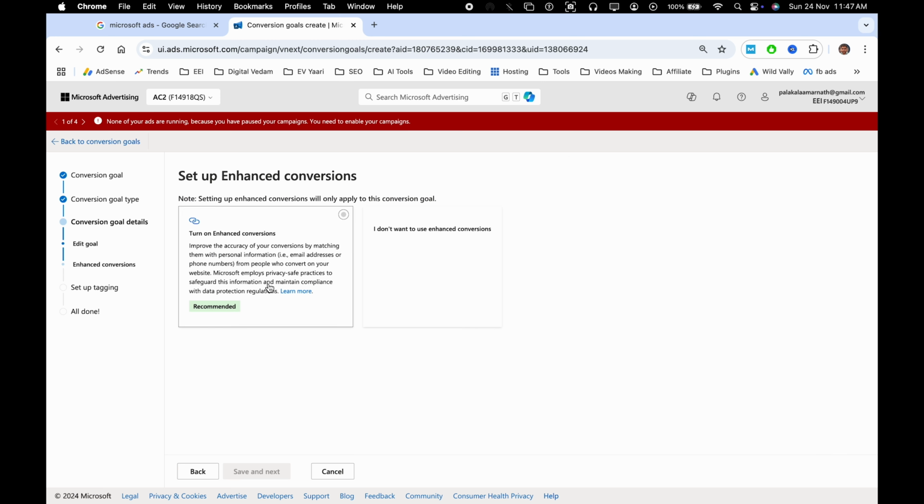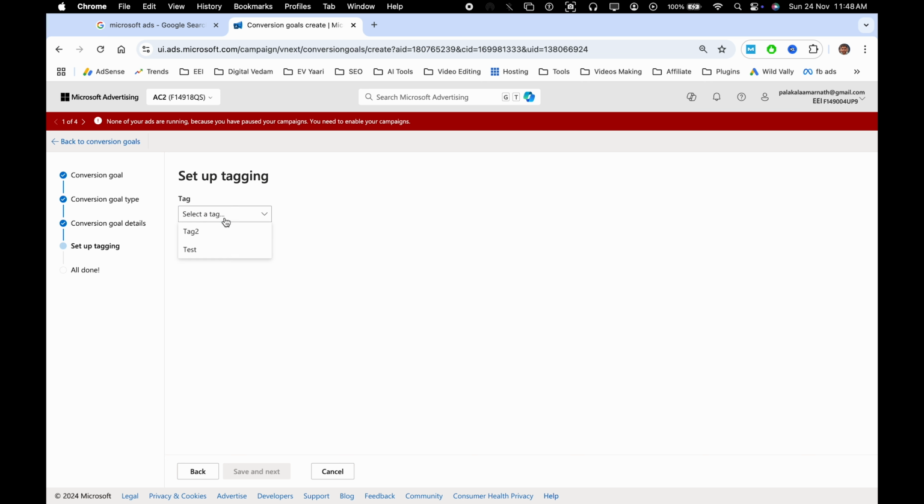Turn on enhanced conversions. Enhanced conversions are basically going to take the form submission data, from the people who submitted the form, like name, email, phone number, right? All this data is going to be passed back into Bing or Microsoft Ads. This would help report the data correctly. I advise keeping this turned on, check this, and click on save and next,